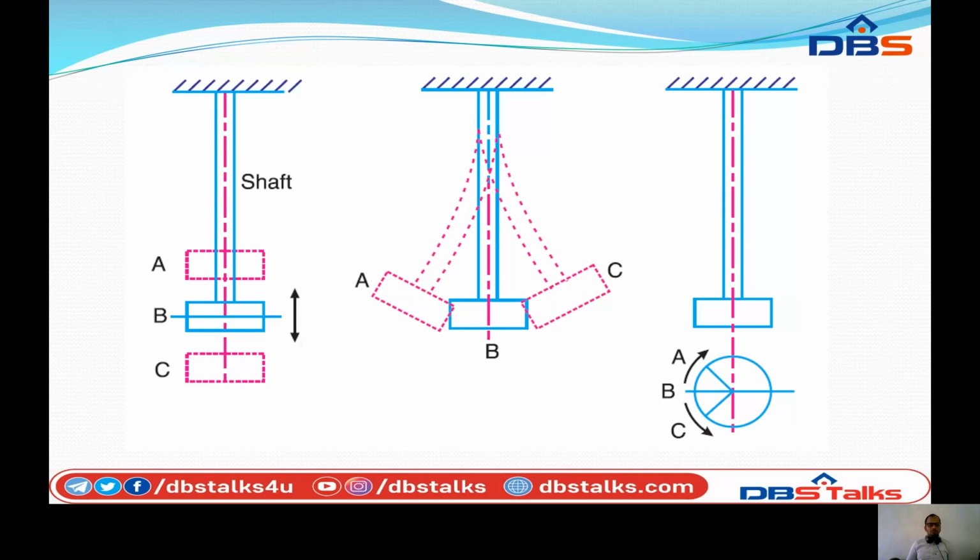If the limit of proportionality, that is, stress is directly proportional to strain, is not exceeded in all the three types of vibration, then the restoring force in longitudinal and transverse vibrations, or the restoring couple in torsional vibrations, which is exerted on the disc by the shaft, is directly proportional to the displacement of the disc from the equilibrium, or mean position.